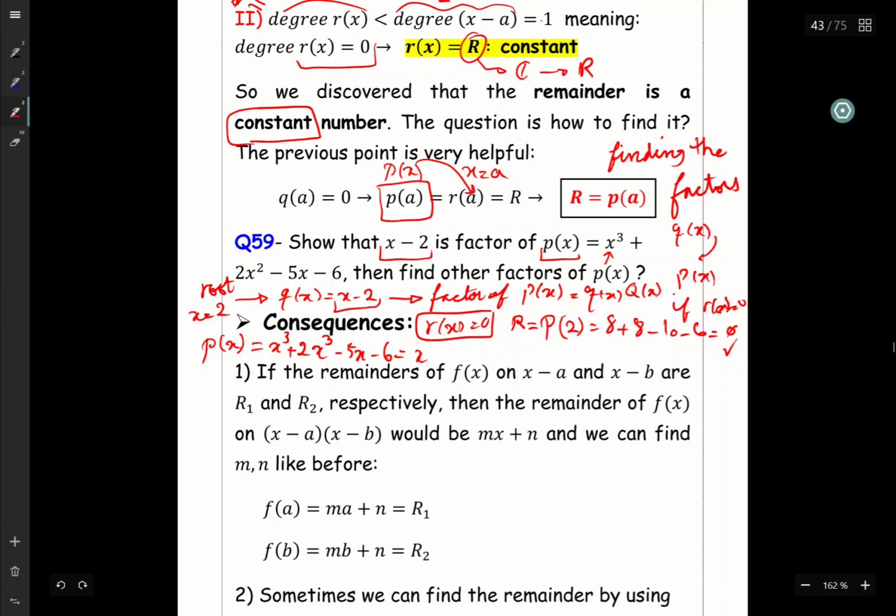So I have x cubed minus 8 plus 2x squared minus 5x plus 2, right? And obviously the first term gives me an x minus 2 times x squared plus 2x plus 4,